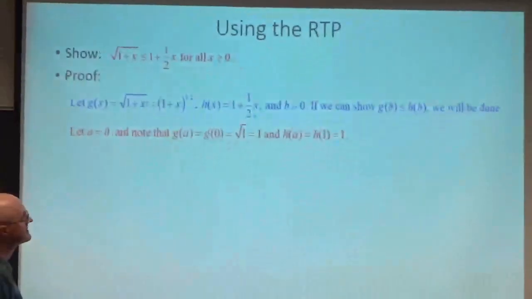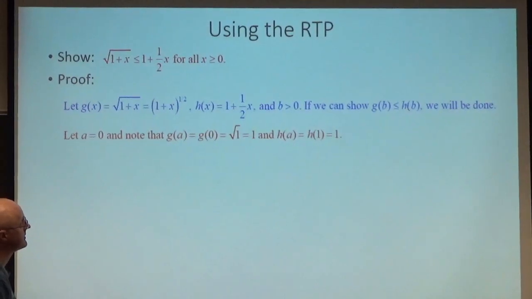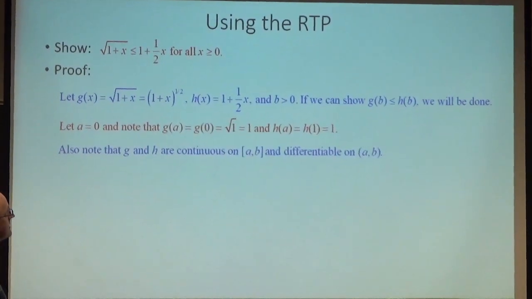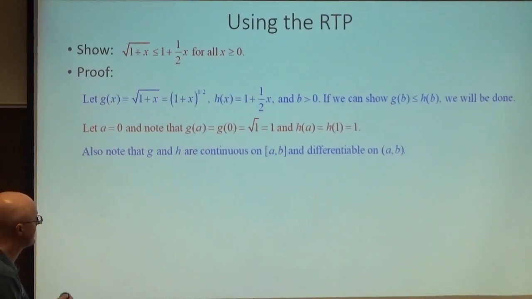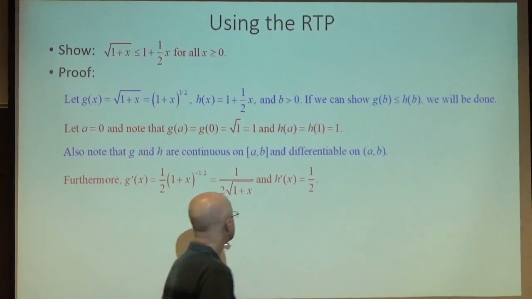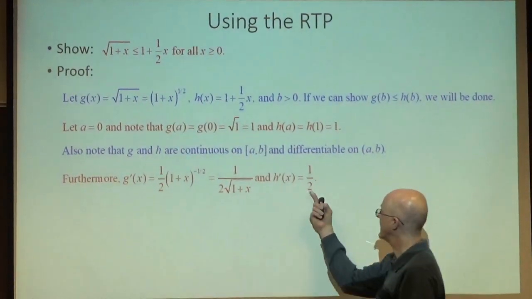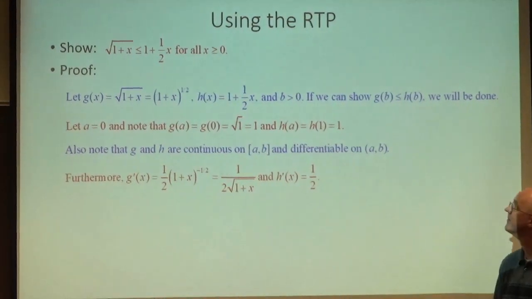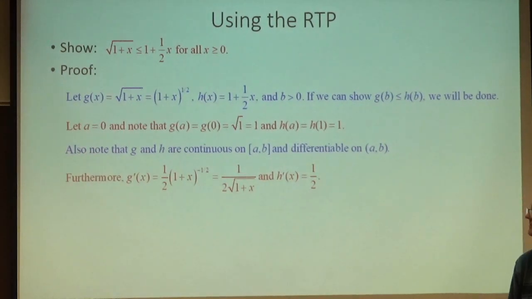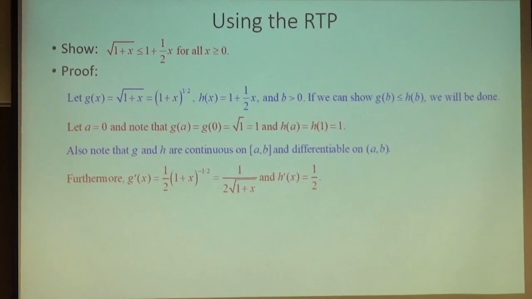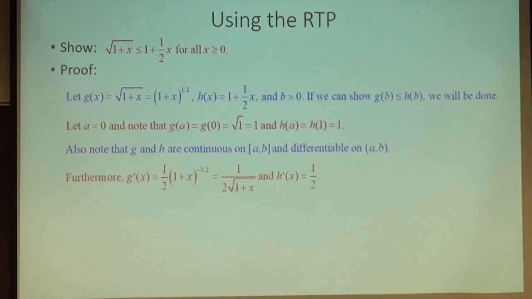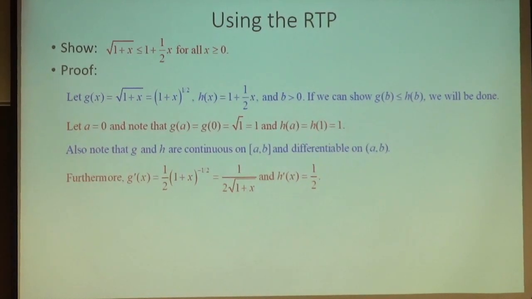Now I just have to essentially apply the Racetrack Principle. We do need to verify the derivative condition, though. The derivative, well, they're continuous and differentiable as well. The derivative of g is this, and the derivative of h is that, a constant, because h is a linear function. Is g prime always less than or equal to h prime? Yeah, though you should give a little reason. And the little reason is,